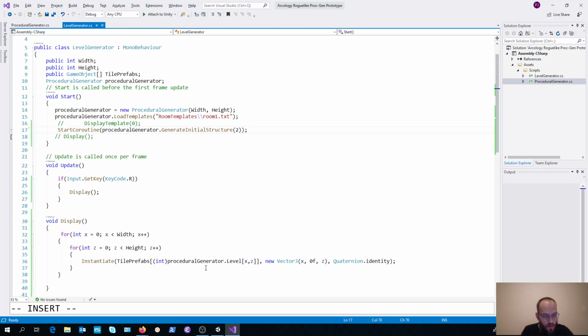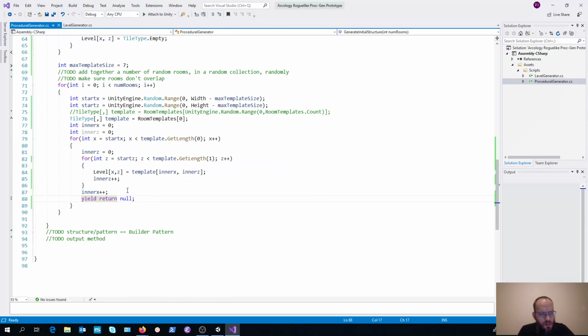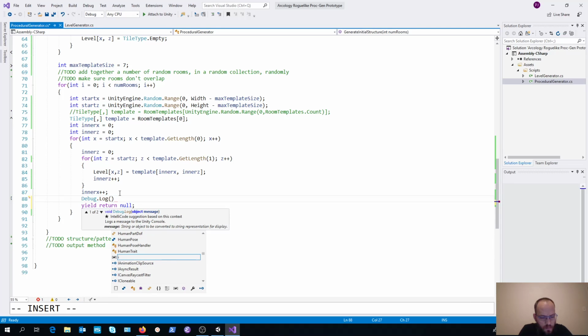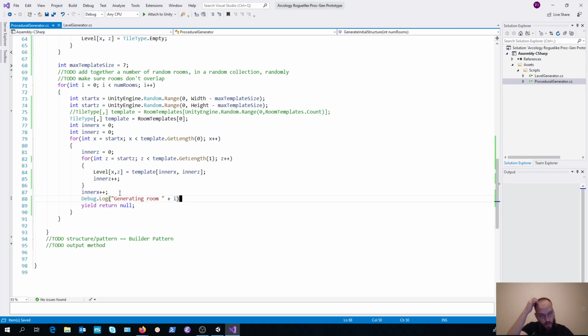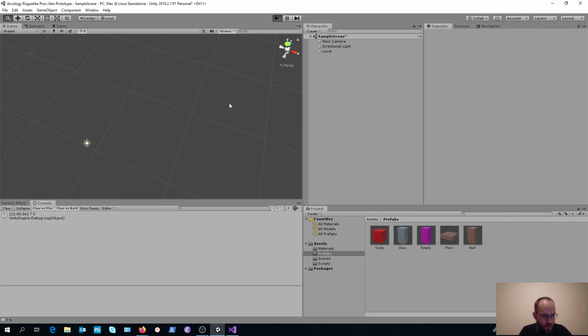What we can do just to test our code is add a debug.log call to our level generator.